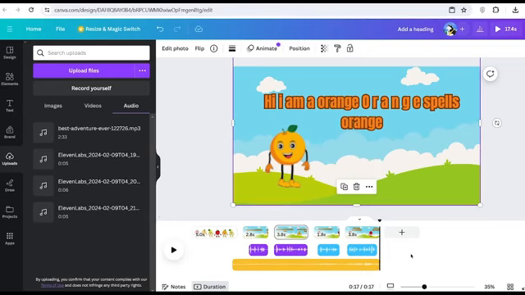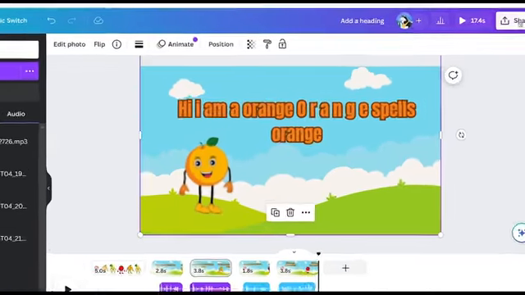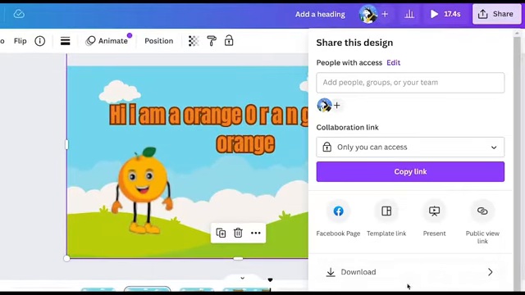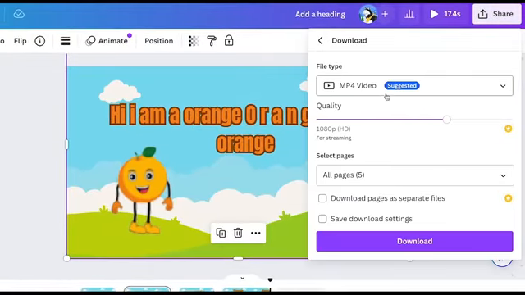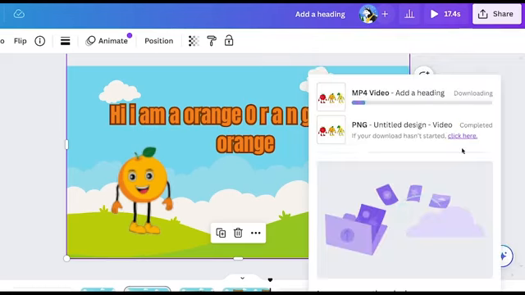You can edit your audio, add in sound effects. You could do anything else you want, be as creative as you wish. But once you're done, you need to download your video. In order to download it, you want to click where it says Share. Then you're going to click Download, and then you're going to leave MP4, and then all you're going to do from here is click Download, and then you can go ahead and post it to your YouTube channel.